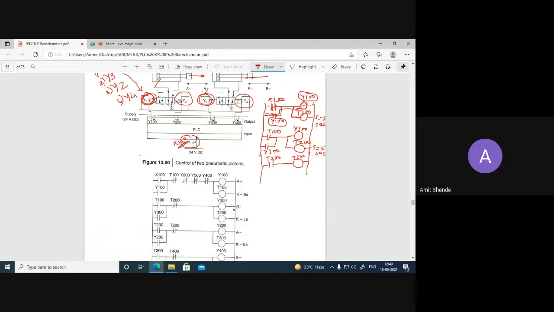And here also we will use the latch logic. So the relay switch of Y200 is latched with T200, and here also we will set the timer, a new timer, that is T300 for 5 seconds. So this 5 seconds will ensure that the retraction of cylinder A is completed,